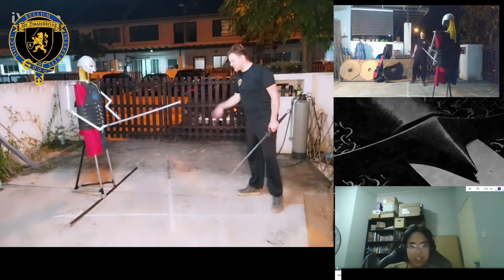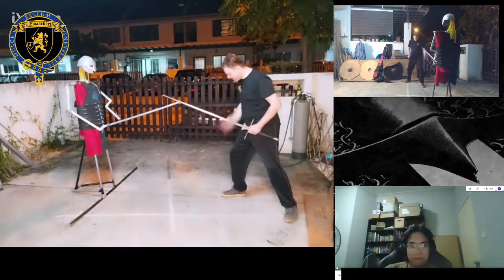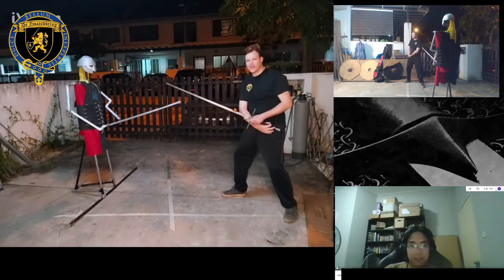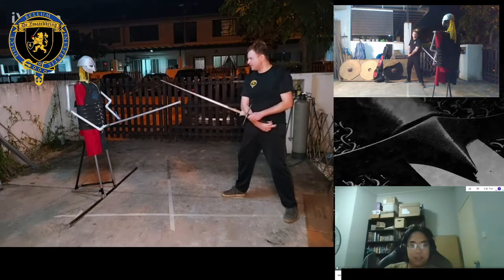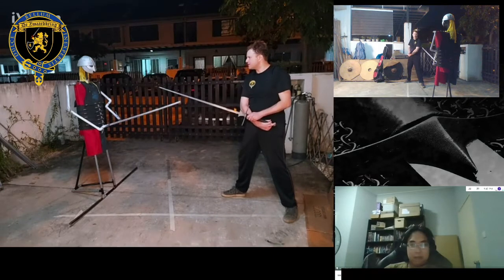All right, so step by step then. Yes. So again, start with my left foot forward, my right foot back. My sword is resting close to me in fluke. My hands are close to me because I don't want him to hit my hands. So I want to keep it nice and close.